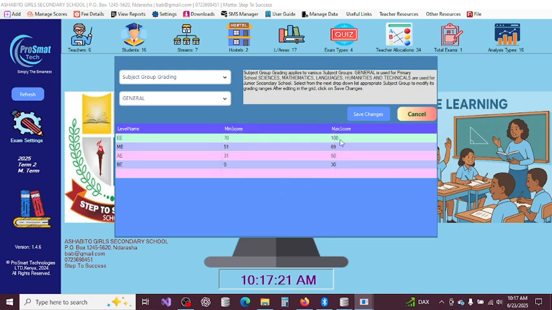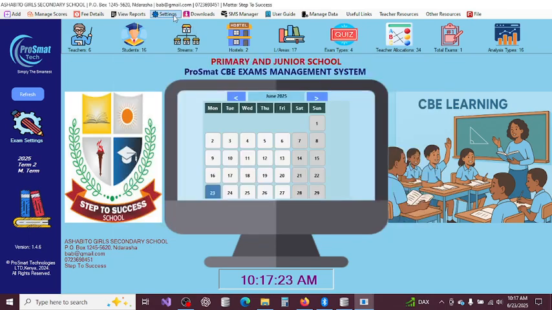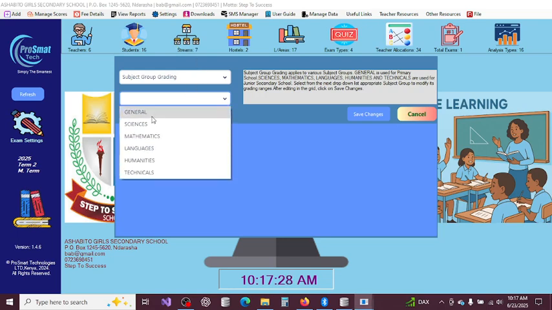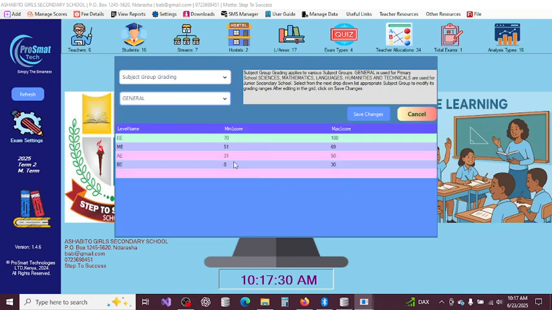Even if you close and then you open it once again, you'll realize that when you select the general, you can see 0 to 30, 31 to 50. Already it's in the system captured, ready to be used. So apart from the primary grading system, this one here, you can also update the second one,